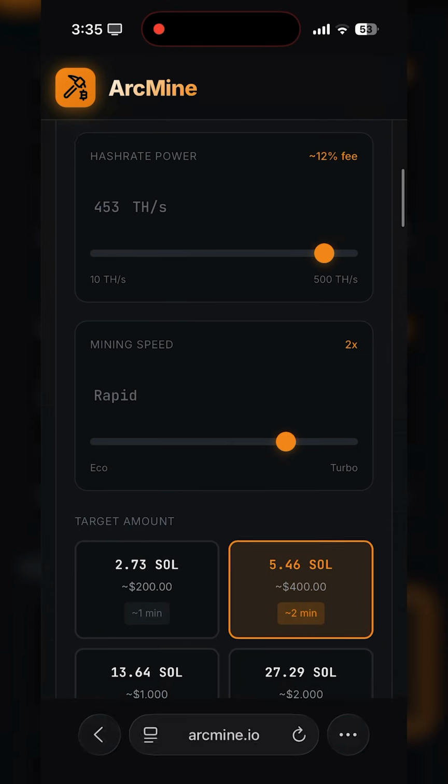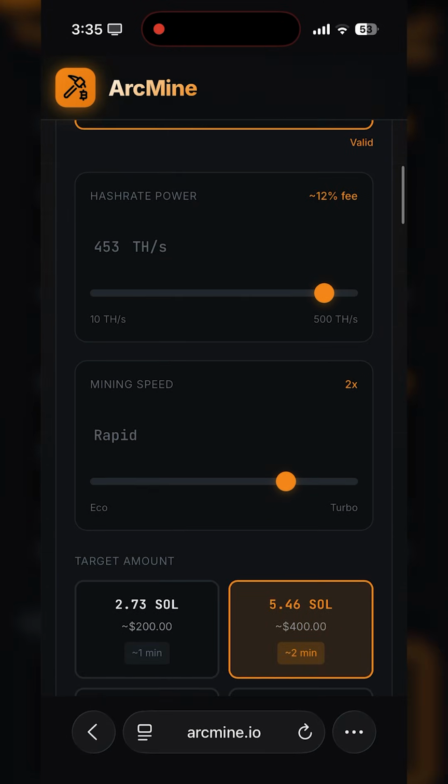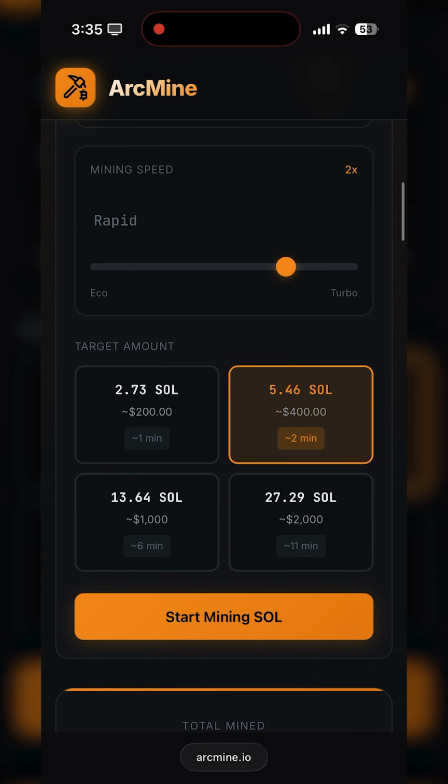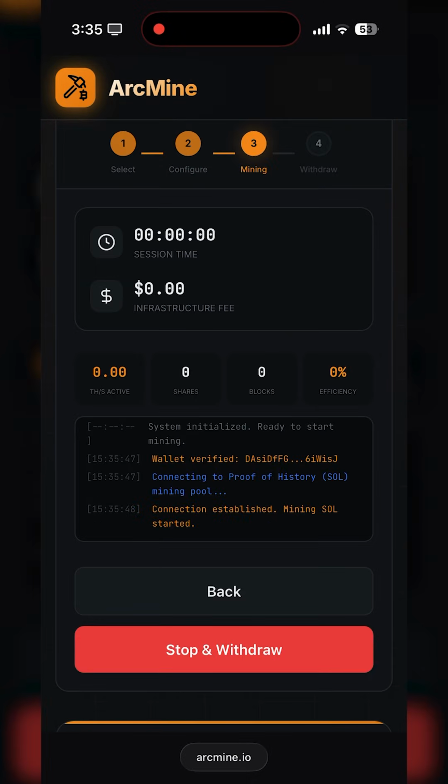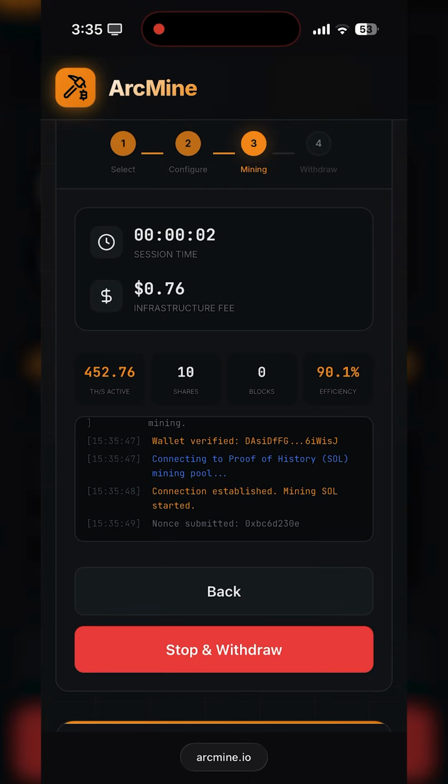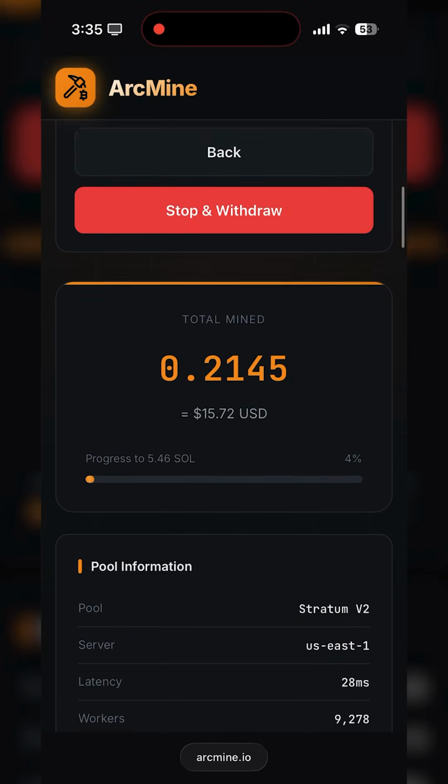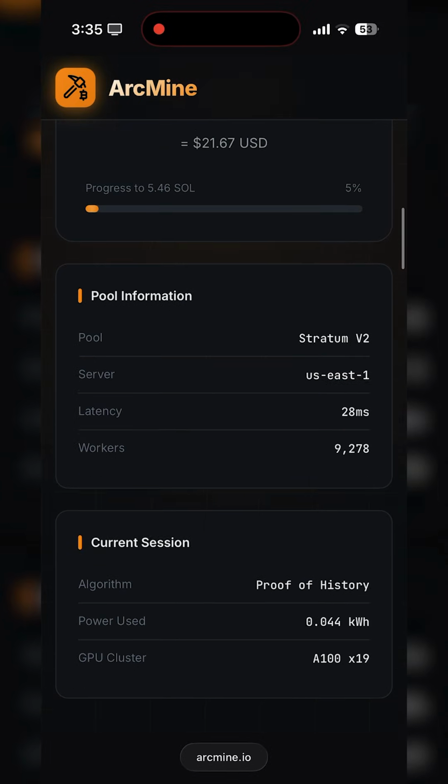Okay, now just a quick look over everything before starting. Address, hash rate, speed, target. All correct, so I can press start. And it's running, good. Now, one thing that keeps standing out every time I use this platform is the live